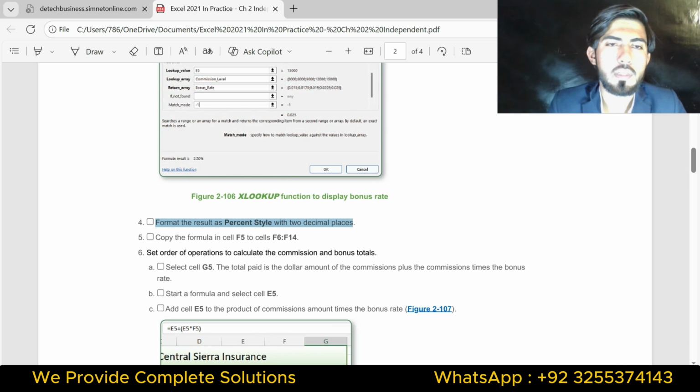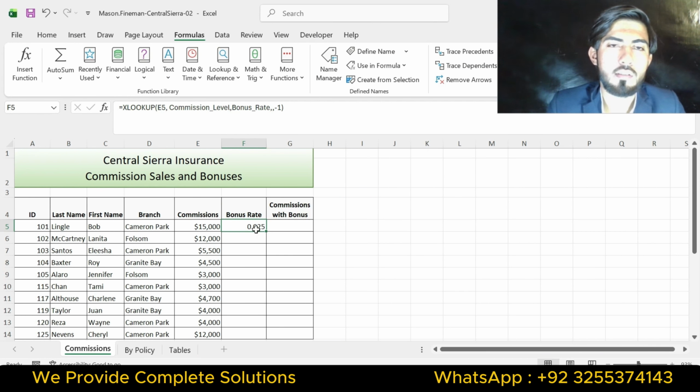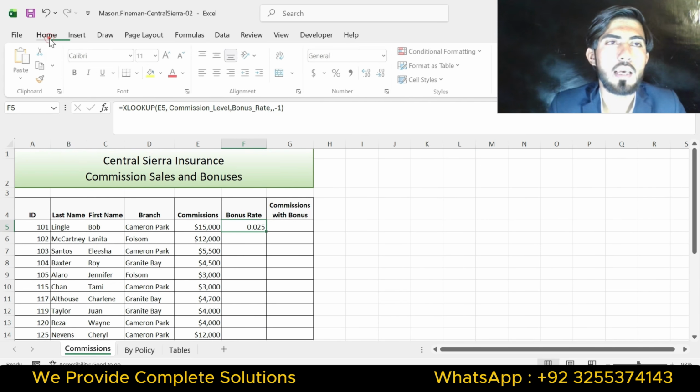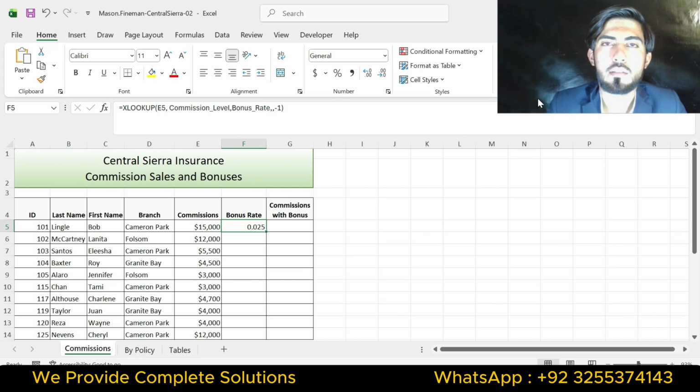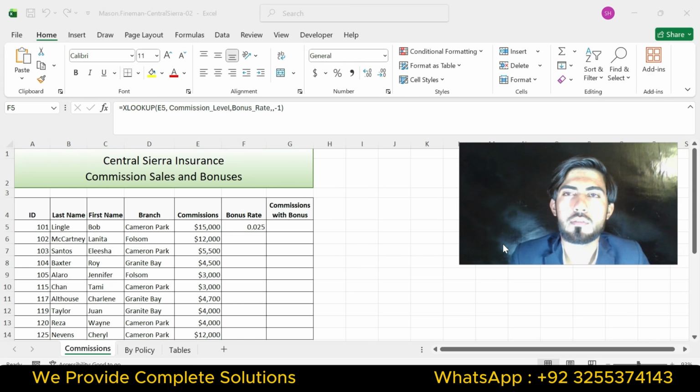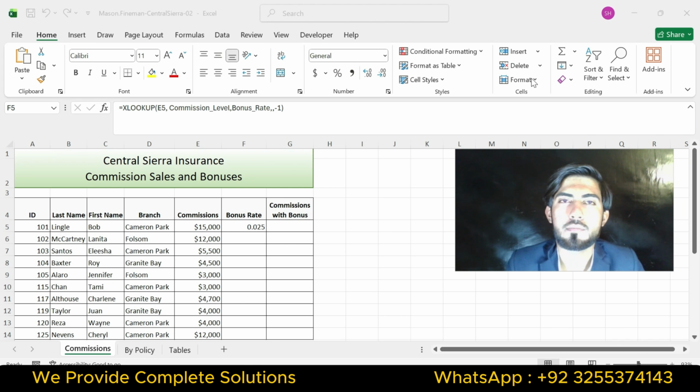Question number 4 is format the result as percentage style with two decimal places. So this is our result. I will format this result to two decimal places. Go to the Home tab and go to the format. Sorry, go to the Number tab.